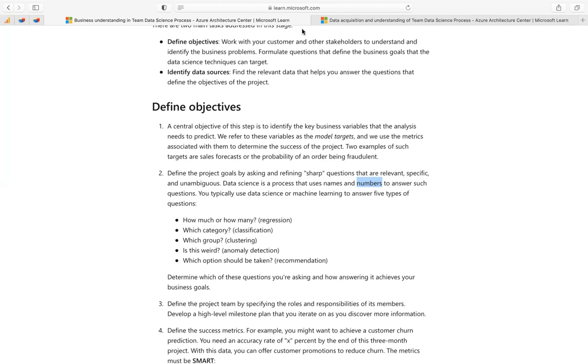Which group? So the group can also fall under that. The age group, is it a teen, old age, or that. Now, is this where there is anomaly detection? Now, we will finish these two, then we'll end our class. Is this weird? Now, let's say you are an organization, all of a sudden your revenue drops for about 3 days continuously. A data scientist should be able to determine that. You get your data and you realize no, something is not well. That is anomaly detection. You should be able to detect patterns